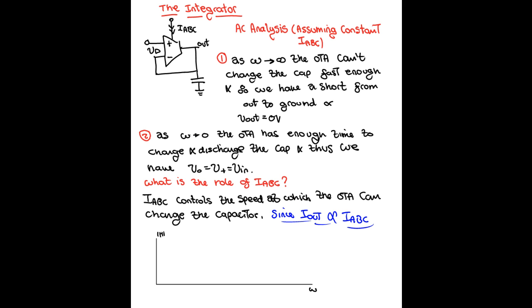Okay, so what will the Bode plot look like? Well, you're gonna have this passband, and then it's gonna be attenuated as you increase the frequency, and then this point right here, the location of the pole, is just going to be controlled by IABC. So omega C